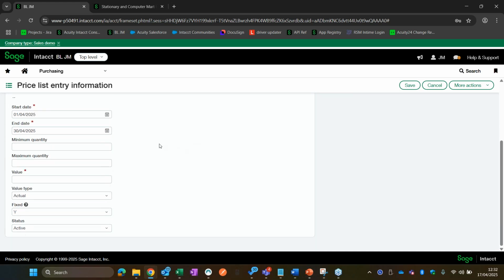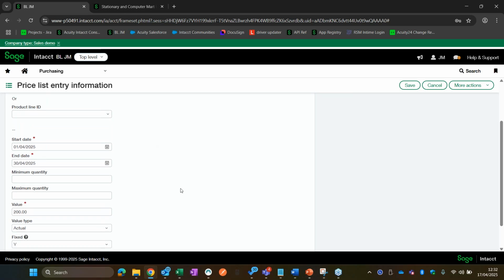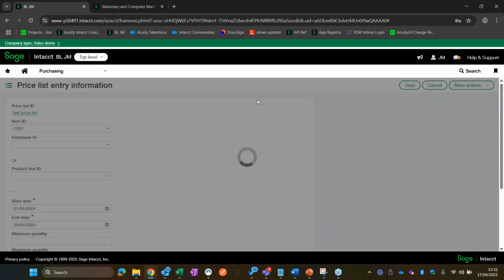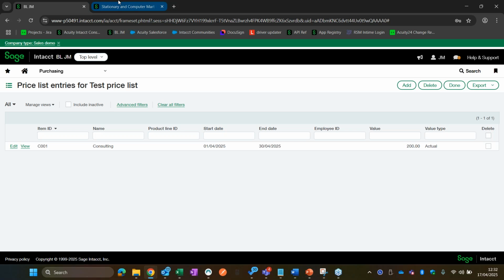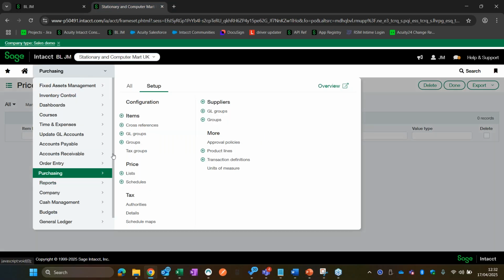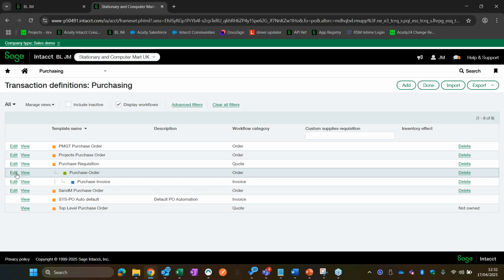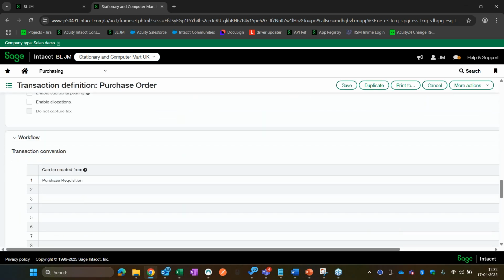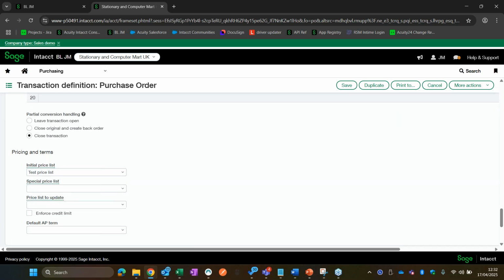Let's say it's start of the month to the end. And let's say my consulting item for this month, it costs me 200. I can make it much longer if I needed to. I'm just going to go ahead and click save. So now what this is going to do is, for any transaction definitions that I've allocated this initial price list to, going to go ahead and use that price list information to auto populate the prices when I'm inputting information